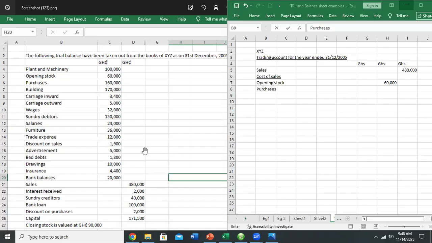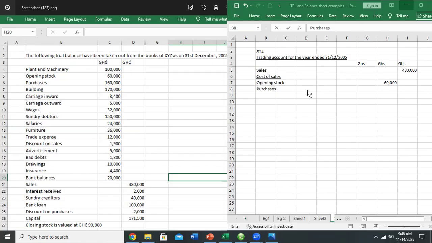Let me see something. Okay, I'm trying to see it. Prof is checking the trial balance for the return outwards, so let's be patient. And please, there are no returns here.